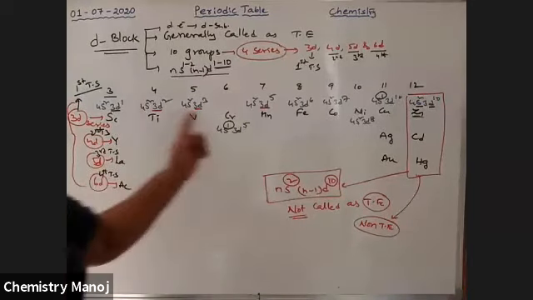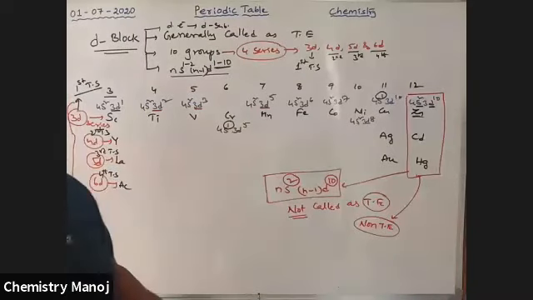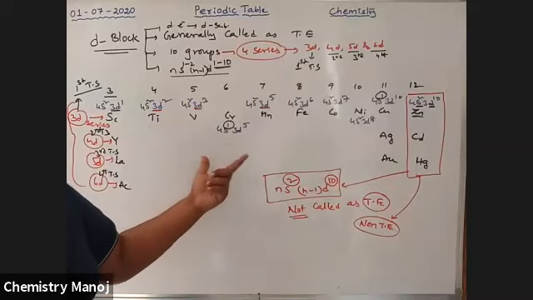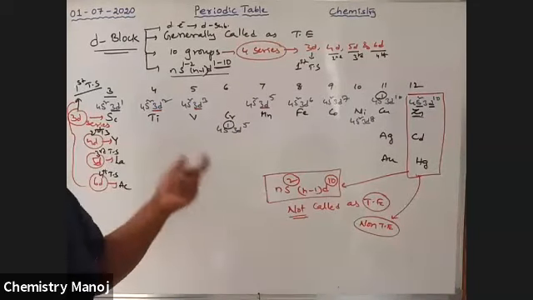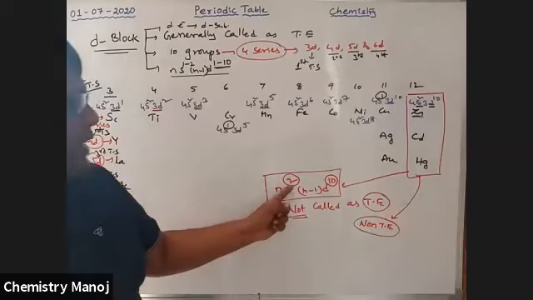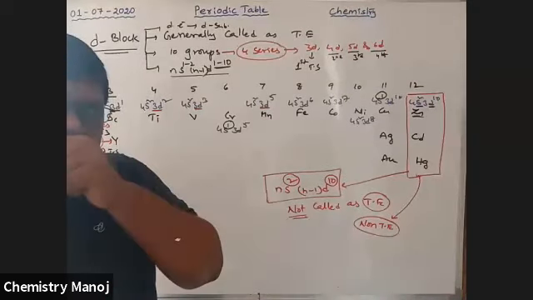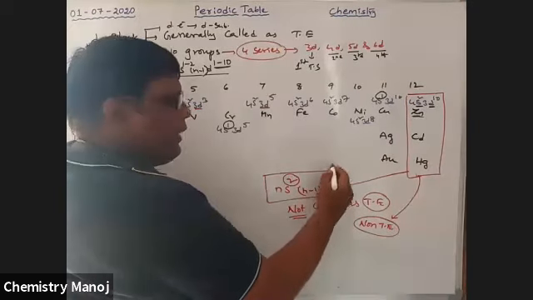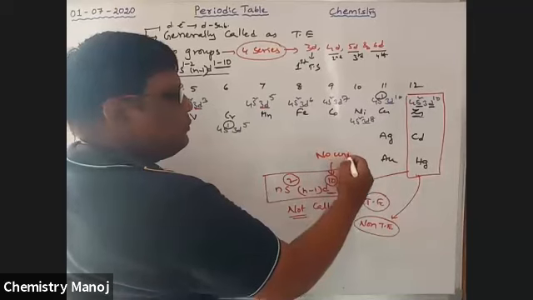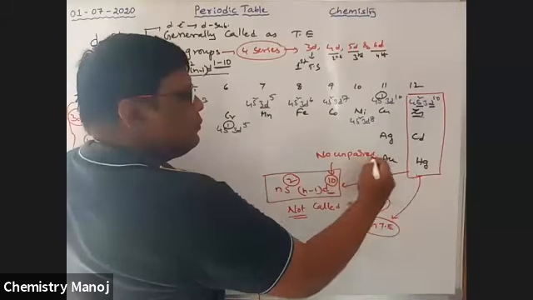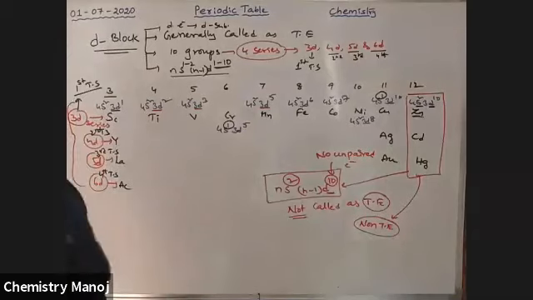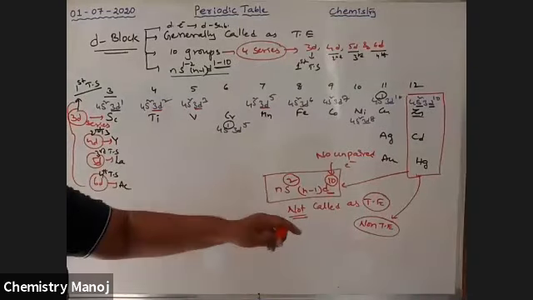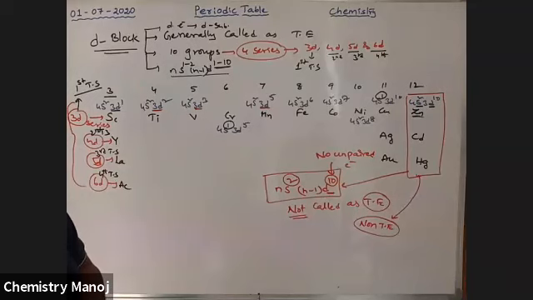Generally, the transition properties are due to the presence of unpaired electrons. The transition properties, that is, the in-between properties, exist only due to the presence of unpaired electrons. But here s is completely filled, d also completely filled. So no unpaired electrons exist in the d series. In d, no unpaired electron exists. That is why those elements are not considered transition elements. They are called non-transition elements.